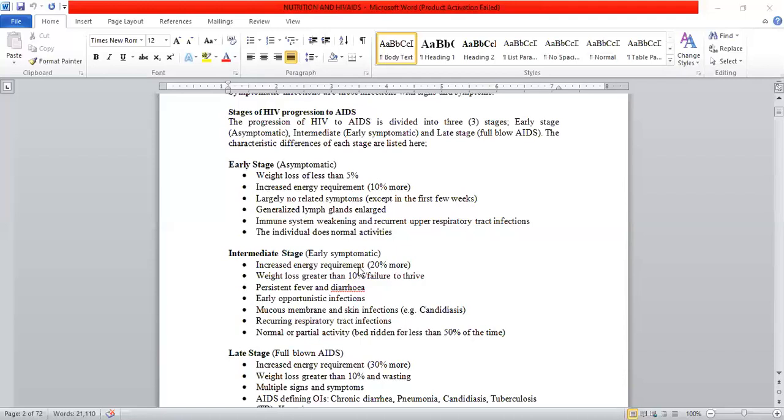Then we have the early symptomatic stage. In this case, the weight loss is greater than 10%. So remember the case of 50. If that person's normal weight was 50 kgs, 10% is 10/100 times 50. This will give us 5 kgs. Meaning, if a person's normal weight was 50 kgs, now their current weight is about 40. Meaning their weight is going down at a very high rate, and this person is at an early symptomatic stage. And in this case, the energy requirement,